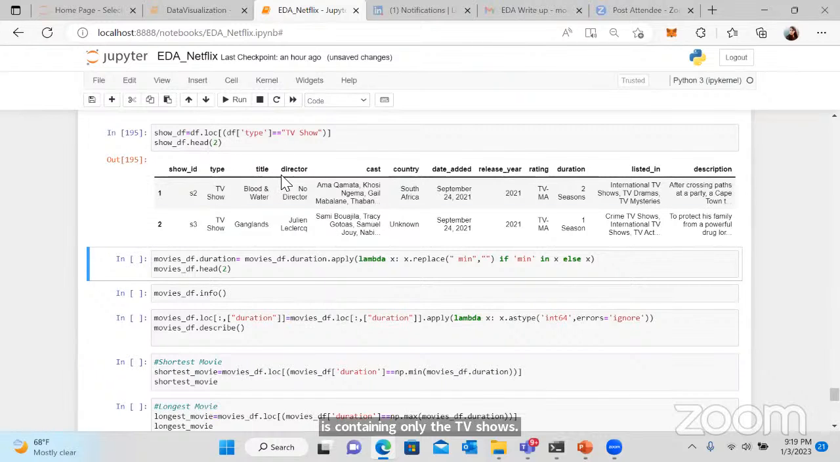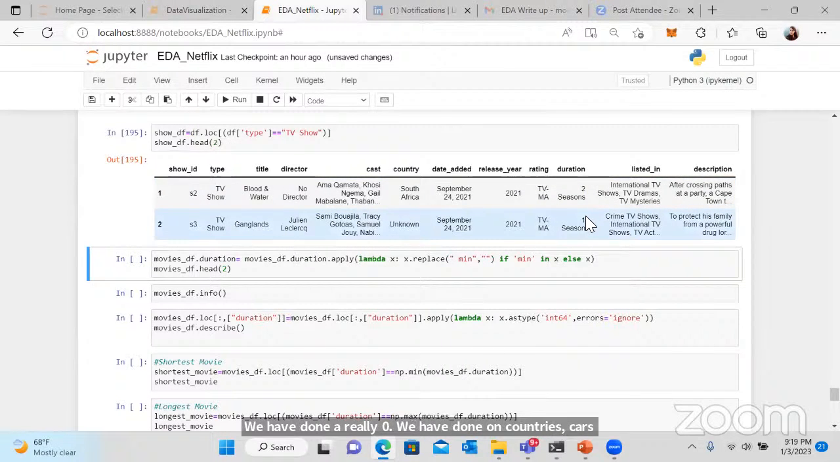Okay, now if you see, there is one more column here, that is duration, and we haven't done any analysis so far on the duration. We have done it on rating, release year, countries, cast, director, everything, but we haven't seen anything on the duration, like how the duration is occurring over in this